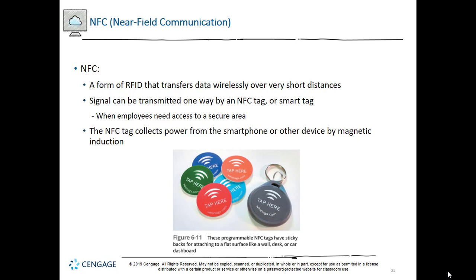they require no power source other than the receiving device's power field. The NFC tag collects power from the smartphone or other device by magnetic induction, which is a form of wireless power transmission. Now, once power is introduced to the NFC tag by the receiving device's proximity, the tag will transmit its data. It can be up to 32K, depending on the tag's type. The four tag type styles